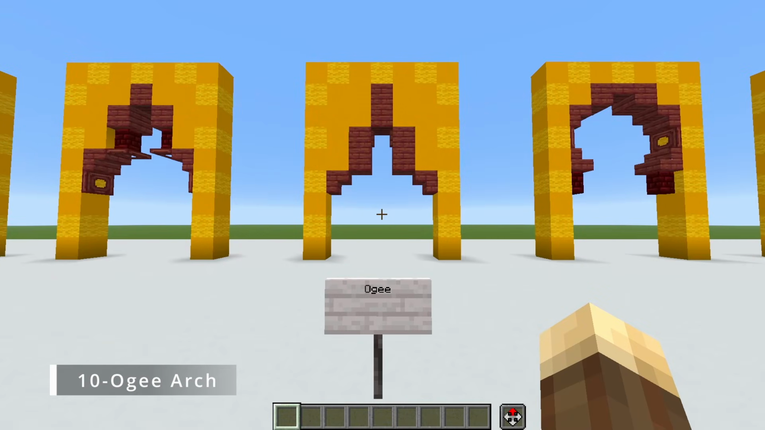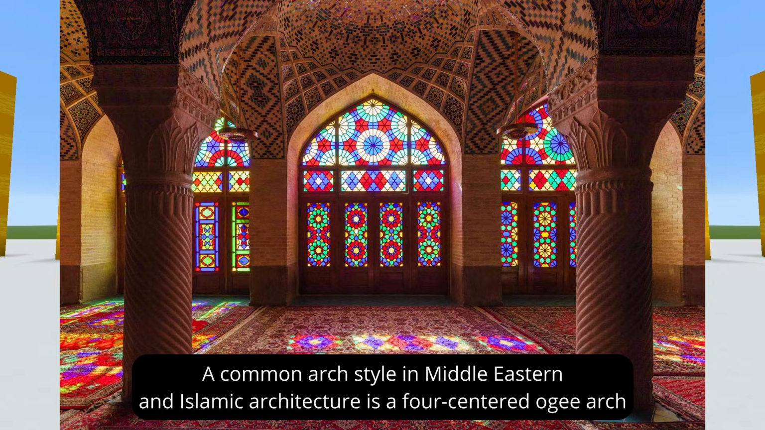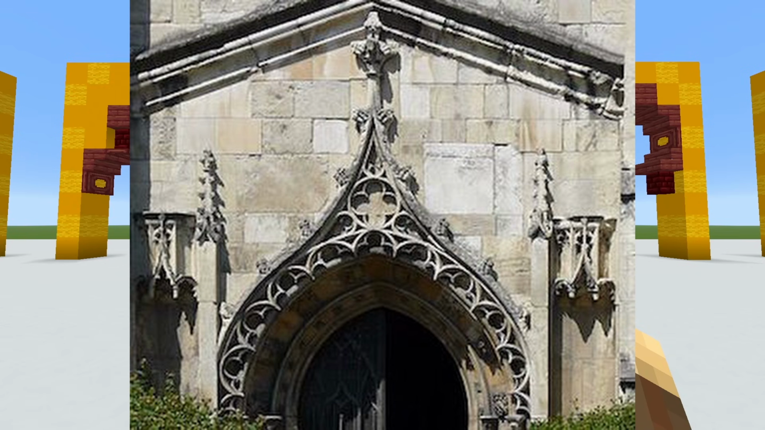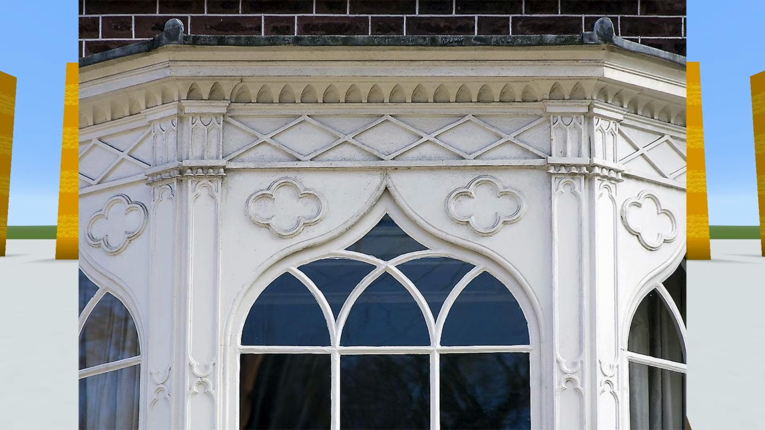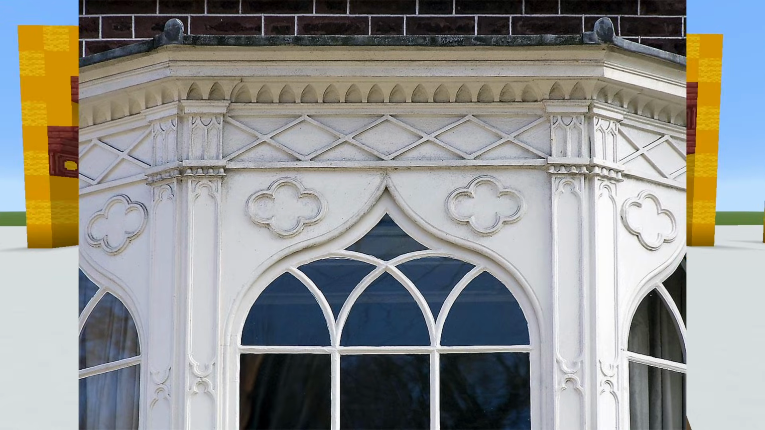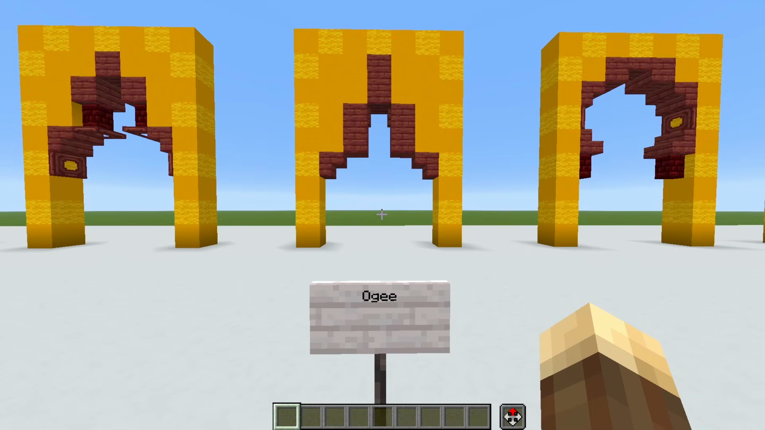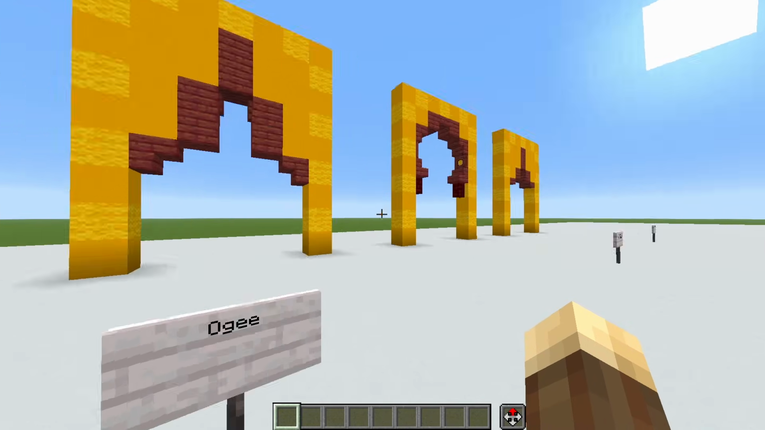Here at number 10, we have the OG arch. So this is a very common type of arch. You'll see this a lot in Arabian or Mughal architecture in India. You'll also see this a ton in Gothic architecture in Europe, and you'll see it in a ton of other places. An OG arch doesn't have a set amount of circles that make it up,